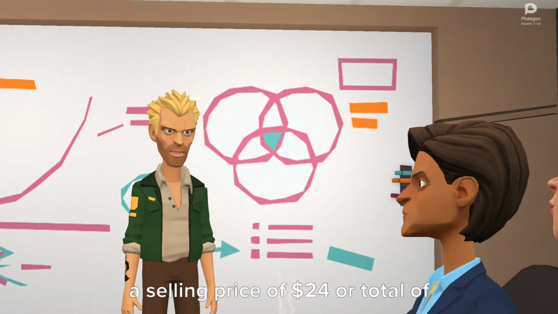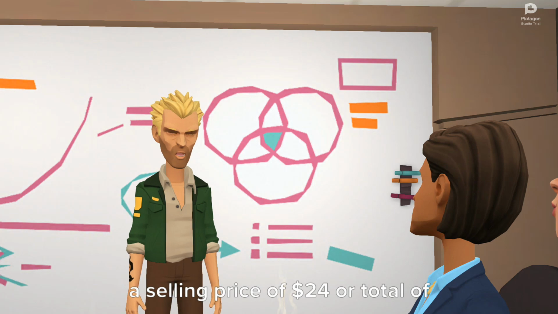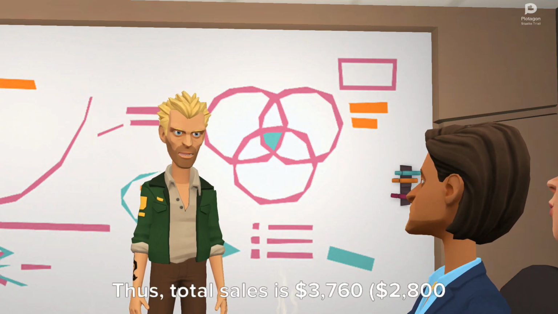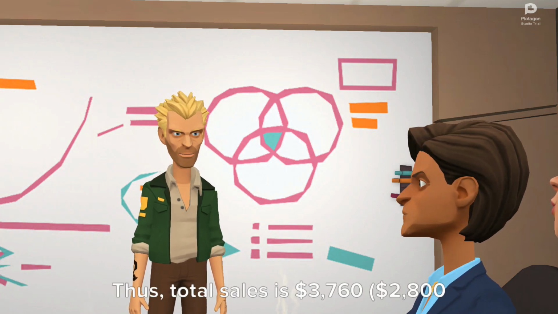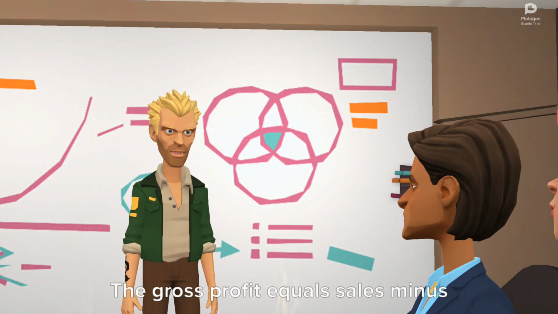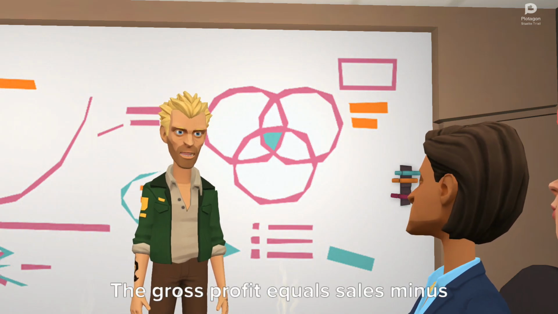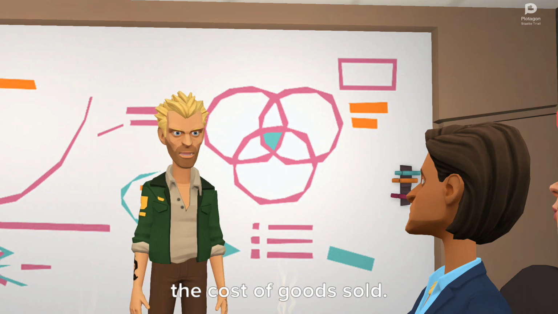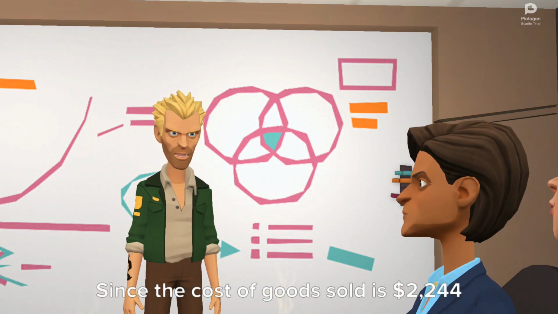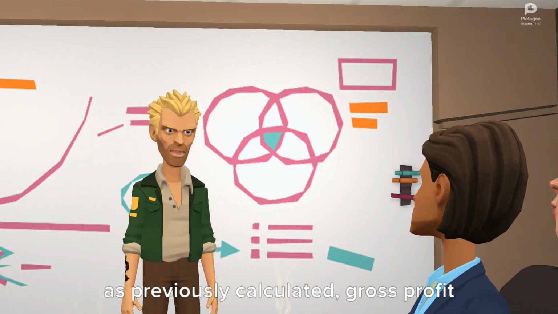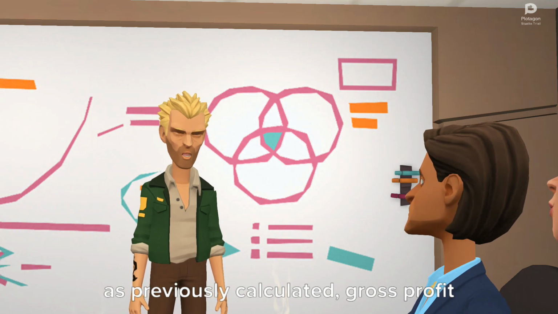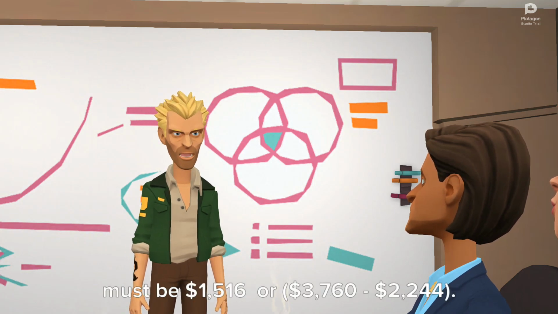Thus, total sales is $3,760, $2,800 plus $960. The gross profit equals sales minus the cost of goods sold. Since the cost of goods sold is $2,244 as previously calculated, gross profit must be $1,516 or $3,760 minus